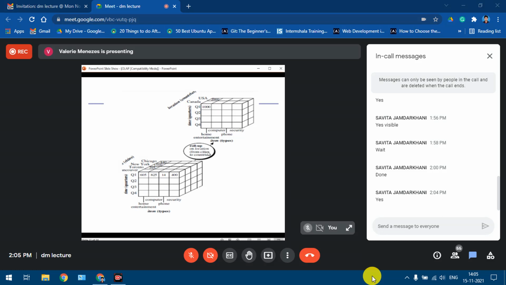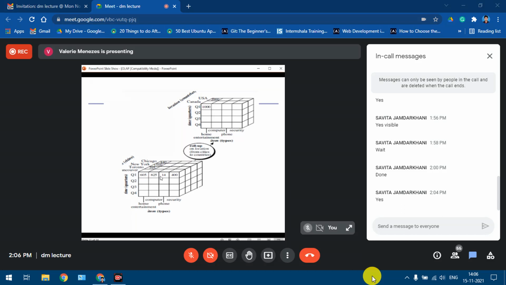So this is a roll-up operation where the sales done city-wise is rolled up to the sales done country-wise. By summing the sales done for each city, we can get the sales done for each country. This is what represents the roll-up operation.